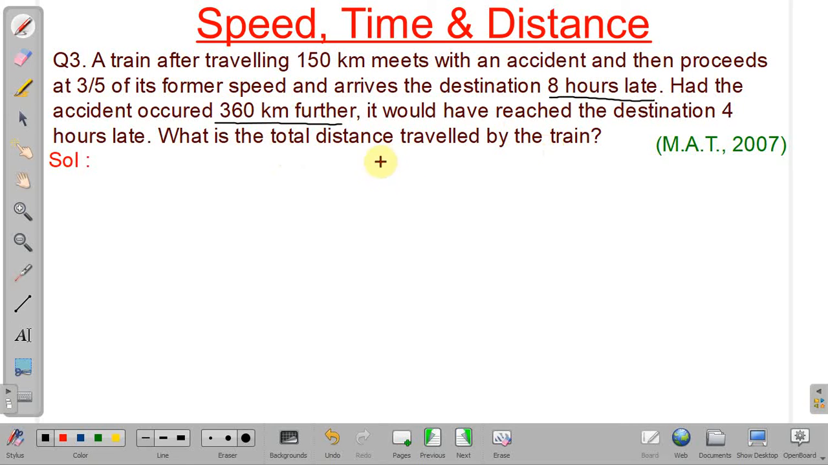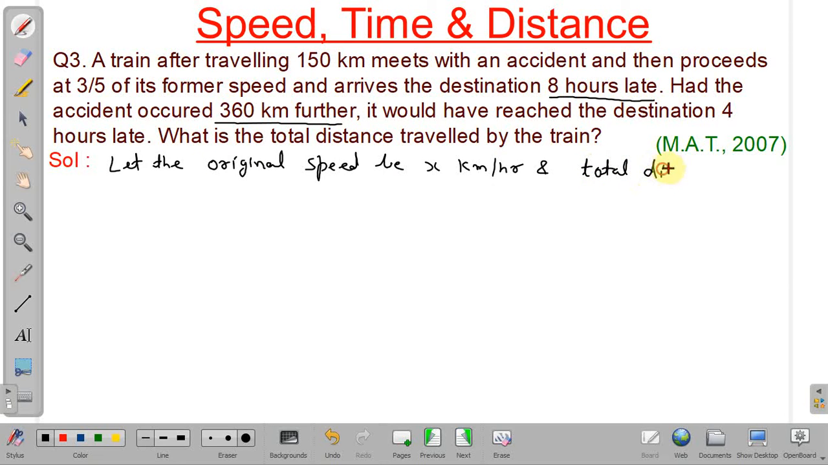Okay, so we will assume let the original speed be x kilometer per hour and total distance be y kilometer. Okay, now for the 360 kilometer part,